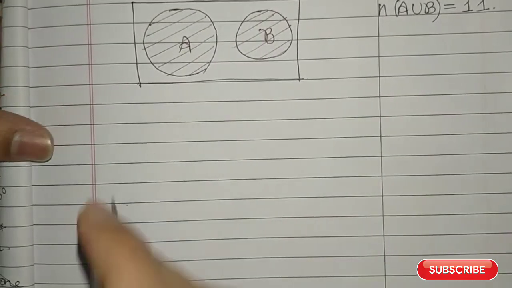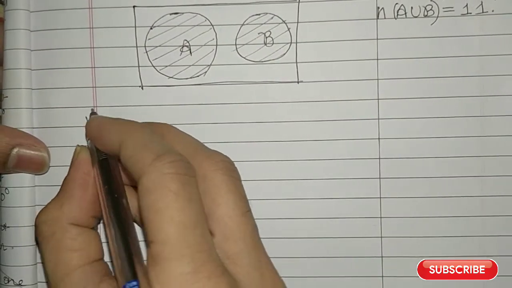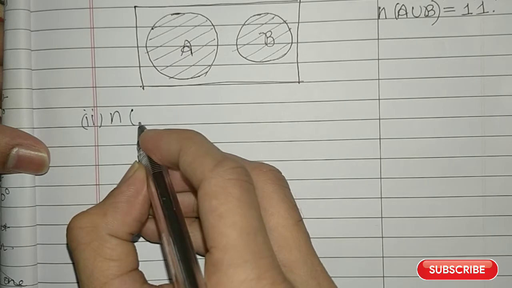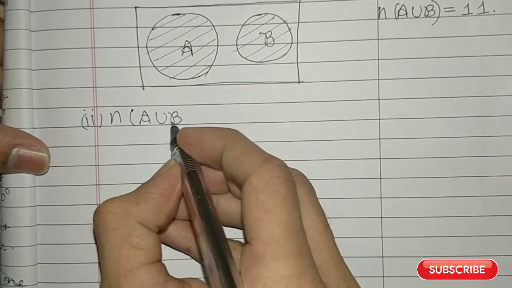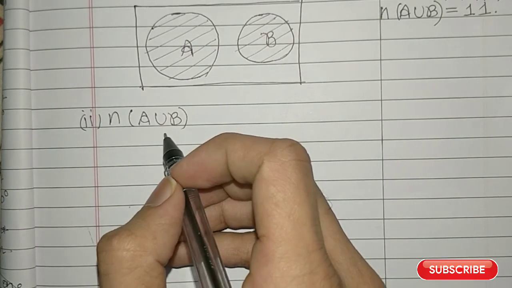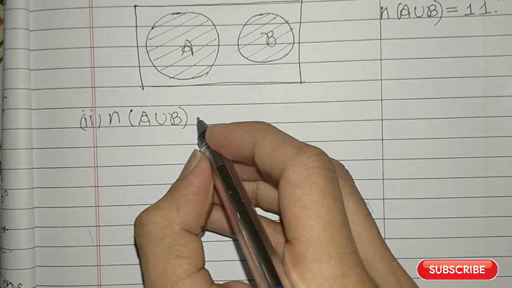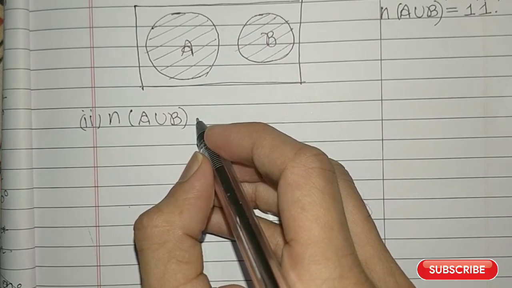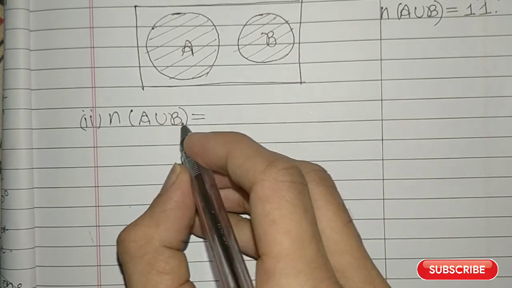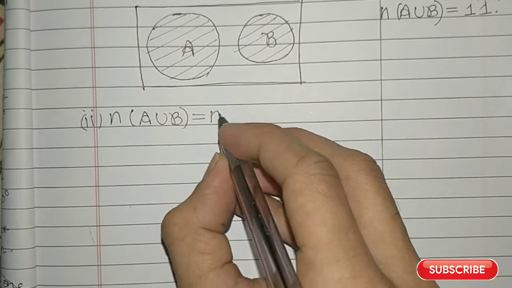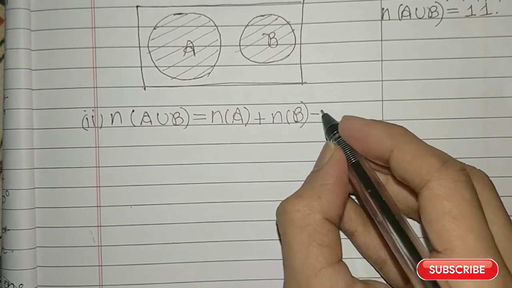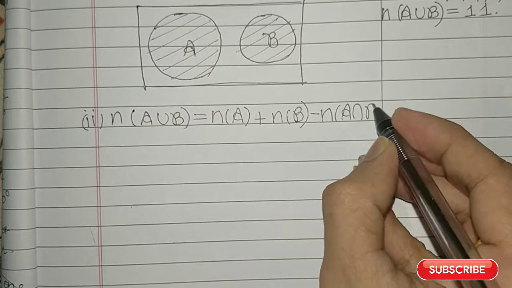Now we will go to the second formula that we have to derive. That is the number of elements in A union B, where A and B are again any two finite sets, and now there are no conditions on the sets A and B, like A intersection B being empty. You have any two sets A and B. Then the number of elements in A union B will be the number of elements in A plus the number of elements in B minus the number of elements in A intersection B.